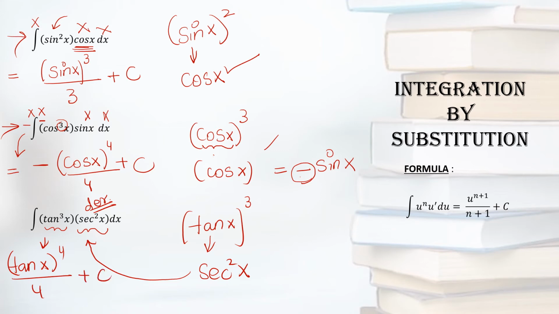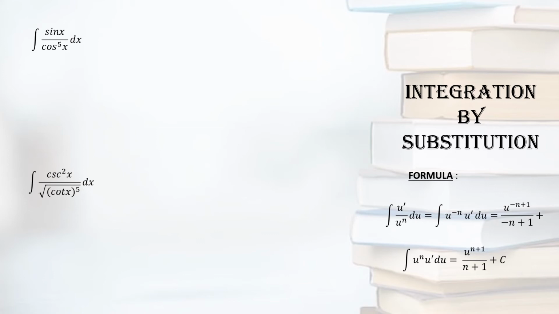So this is very simple if you practice at least 10 questions of such kinds. Now two more questions and then we will be finished. So if there is something in the denominator, bring it up. So it will become sin x, and if you bring the cosine x on the top, the power sign will be changed. It will be cos x to the power negative 5, sin x dx.